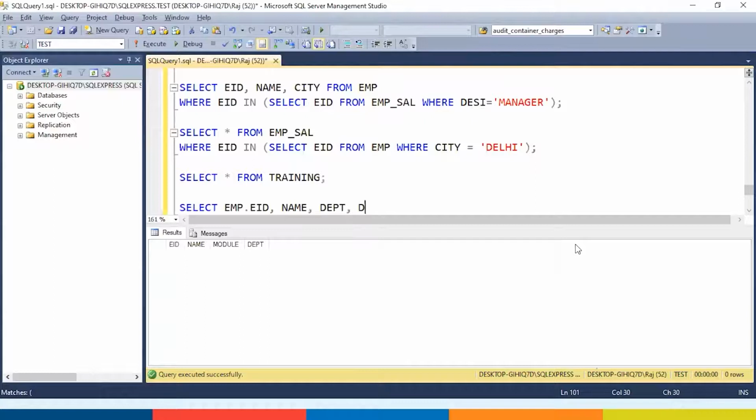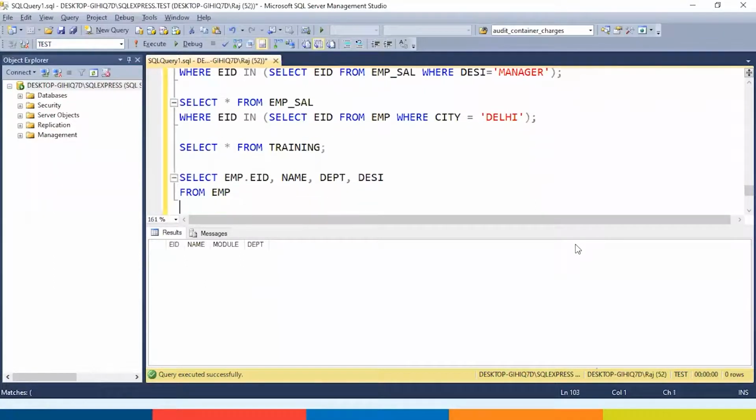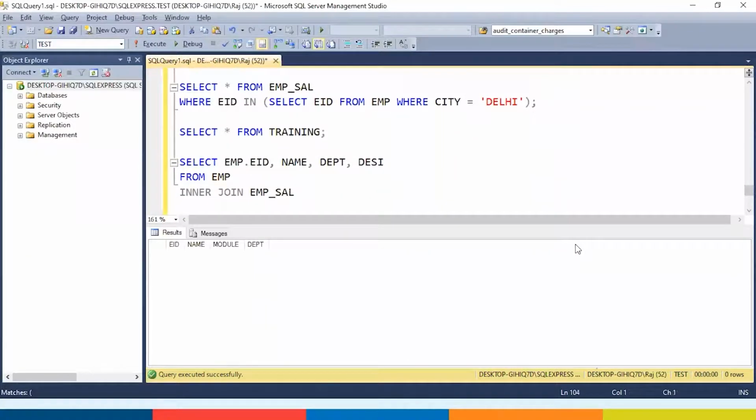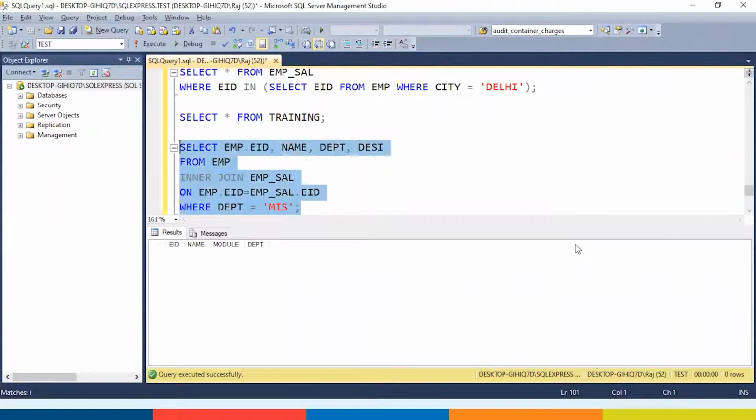Let's also take designation from EMP join EMP_SAL on EMP.EID equals EMP_SAL.EID where department is equal to MIS.